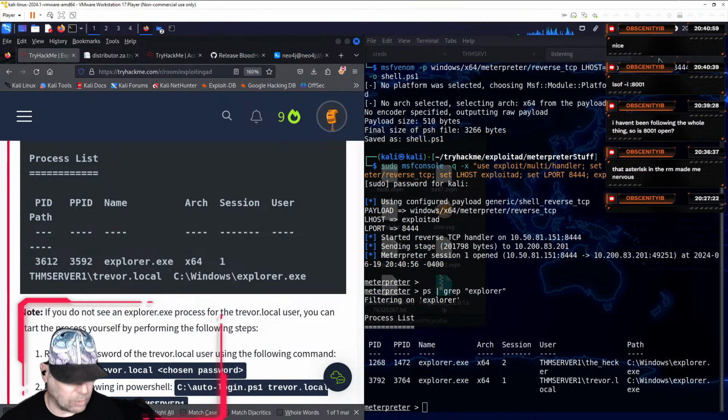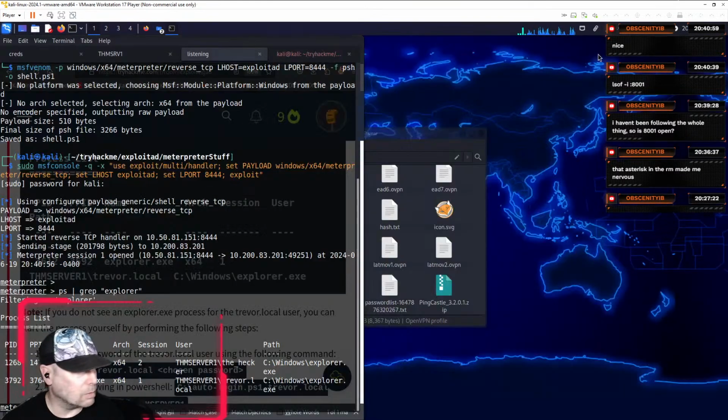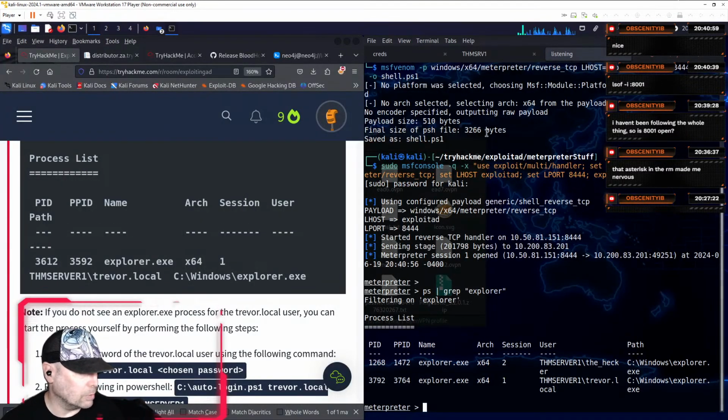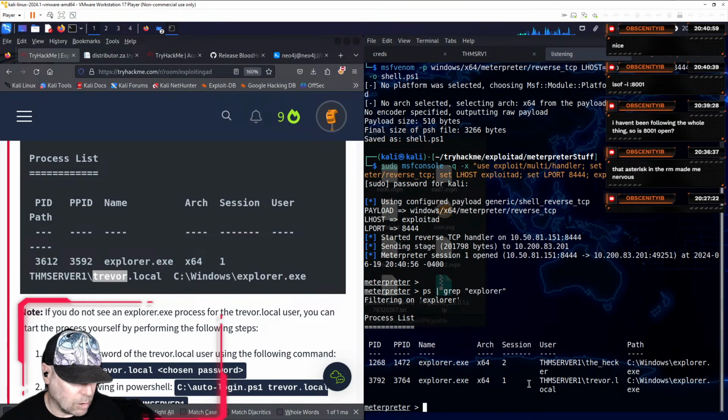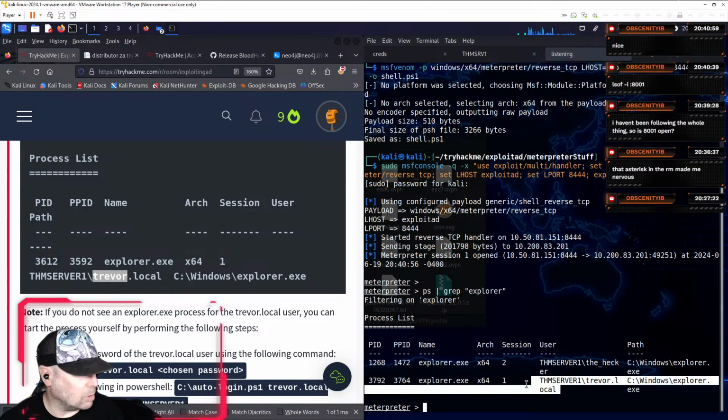let's expand this so we can compare it. Or maybe not. Well, let's just snap it around. We can compare it here. So here we have the PID path, the PID, the PPID, the name, session, user, and one of these things looks very much like the other. The hacker. So is somebody else here on our machine as well? And we have Trevor Local, because the hacker was not here yesterday. Uh-oh, I hope we don't have another stream sniper.